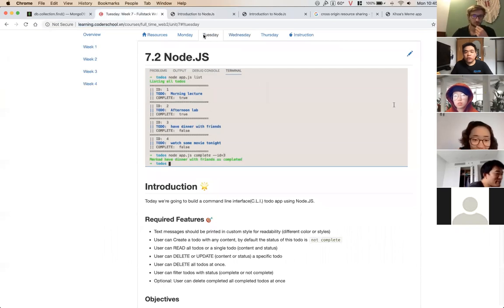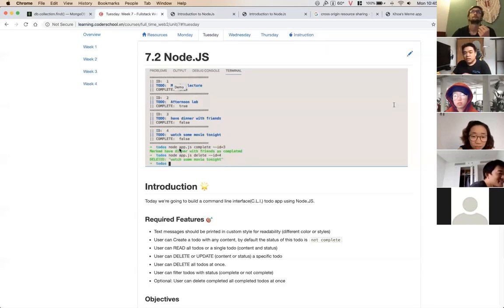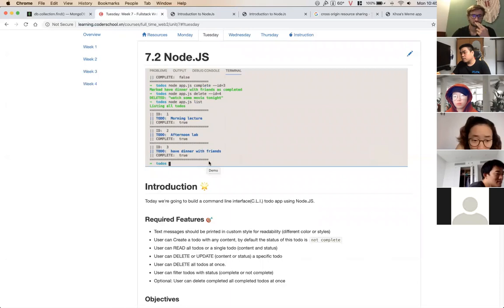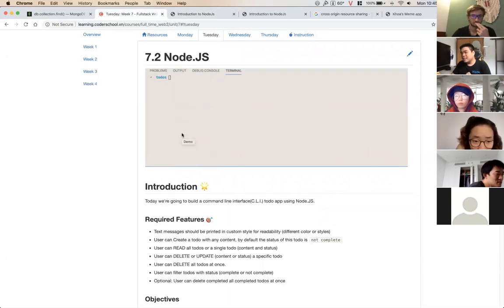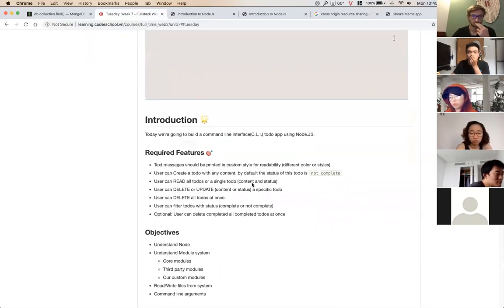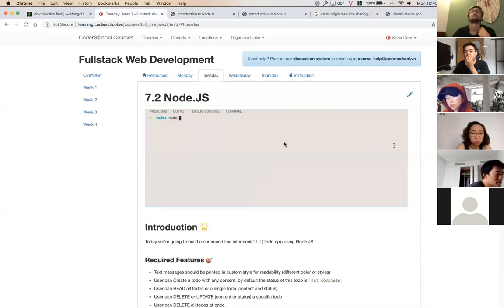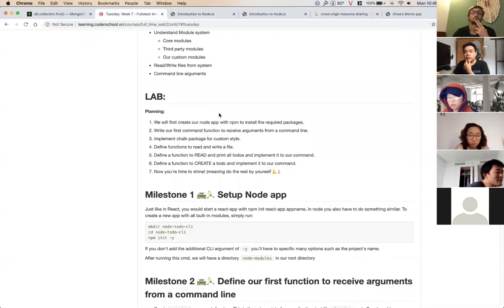This is what we're gonna build today, right? 7.2 on the learning portal. So you can do the to-do app, and then you see a list of to-dos. And so you can add and change the status of the to-do if you want. You can add it, you can delete it, or you can even filter them. Cool. Right. So you can go ahead and take a look at the lab, and we will start the lab